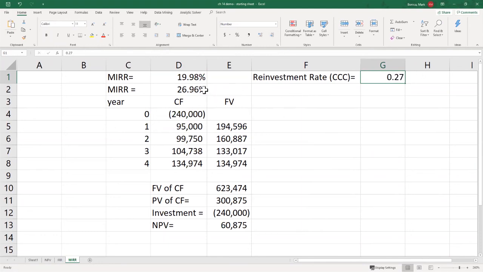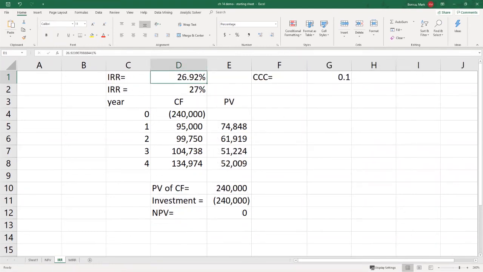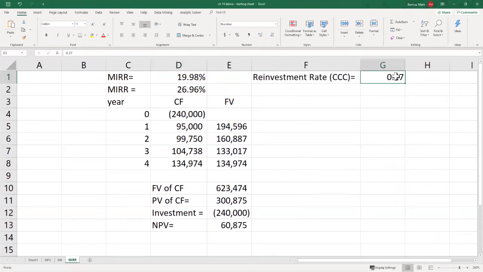Probably because I didn't put 26.92 in here. So if I put 0.2692 in here, I wind up with 26.92. So to your question, Elizabeth, yes, I'm going to have to tell you what that is. I will tell you something like, the firm, calculate the MIRR. Assume that any cash flows the firm receives will be reinvested at the corporate cost of capital, or assume